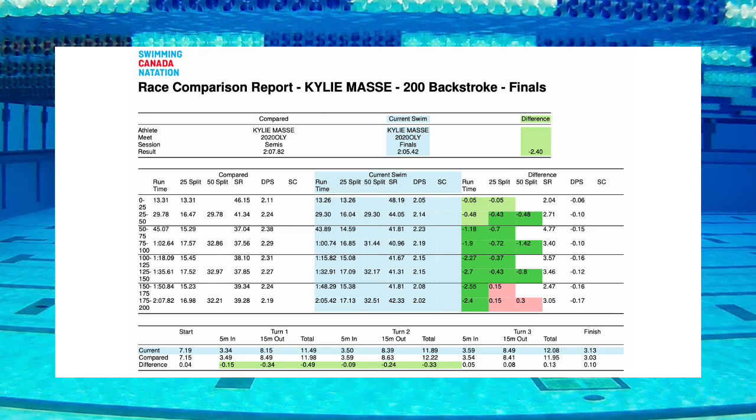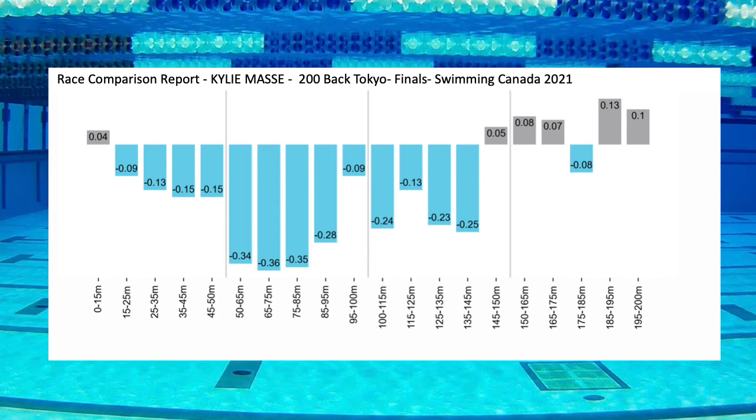The 5 meters in and 15 meters out into all the turns is data that I would love to have had, and I can create a benchmark based on what Kylie did. I just can't create a benchmark based on the information that I could not get for all the athletes at the Olympics. Here we have Kylie compared in semifinals to the finals. The blue graphs below the line, she was faster in almost all the components of that entire race.